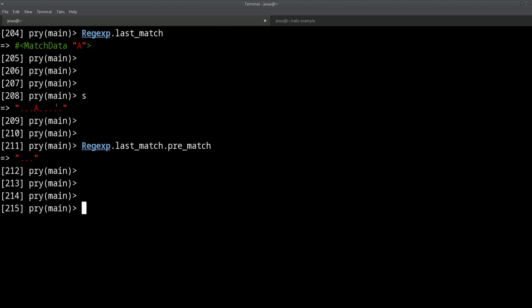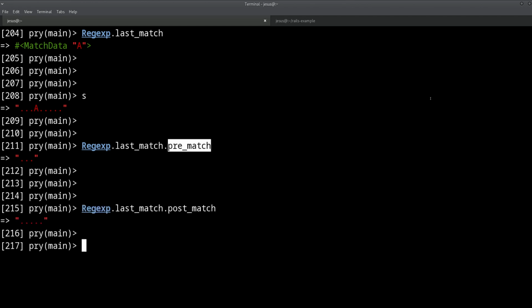Okay, so what about this? What about what's after the match? What's after A? Well, as you might imagine, if there is pre-match, there is also post-match. Post-match, after the match, right? And of course there is. Ta-da! Post-match gives you what's after the match. So the dots after the A in this case. So that's how you could do this